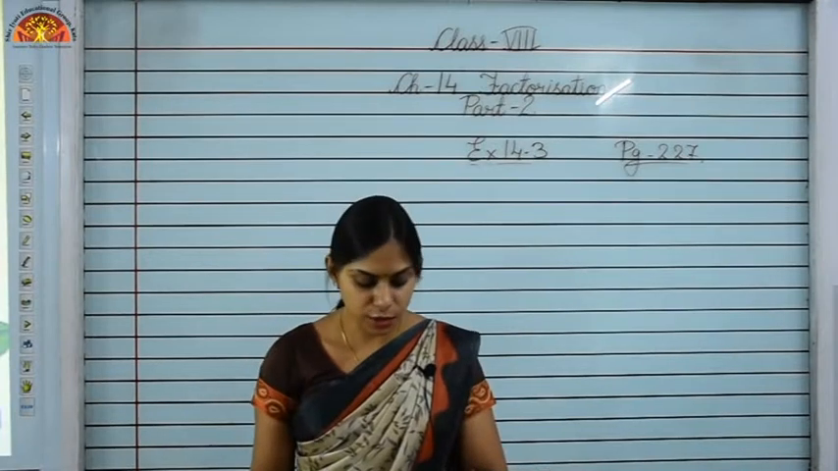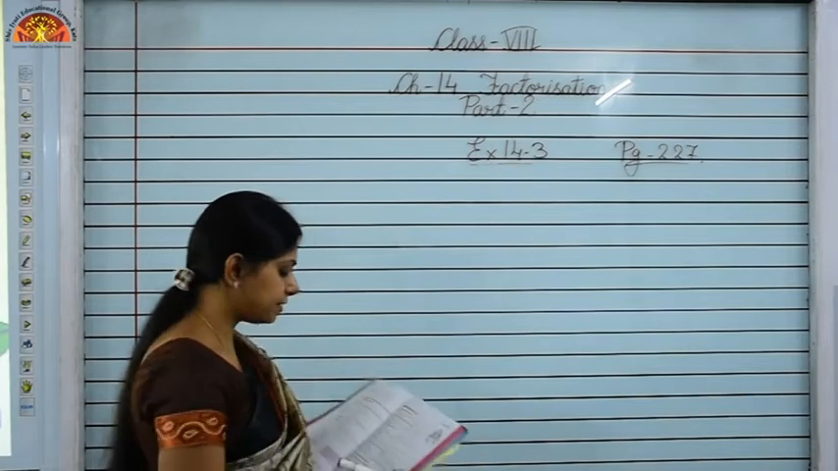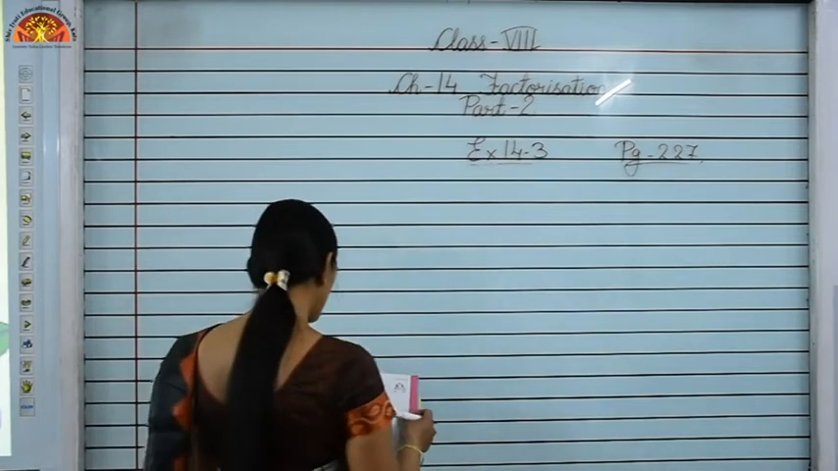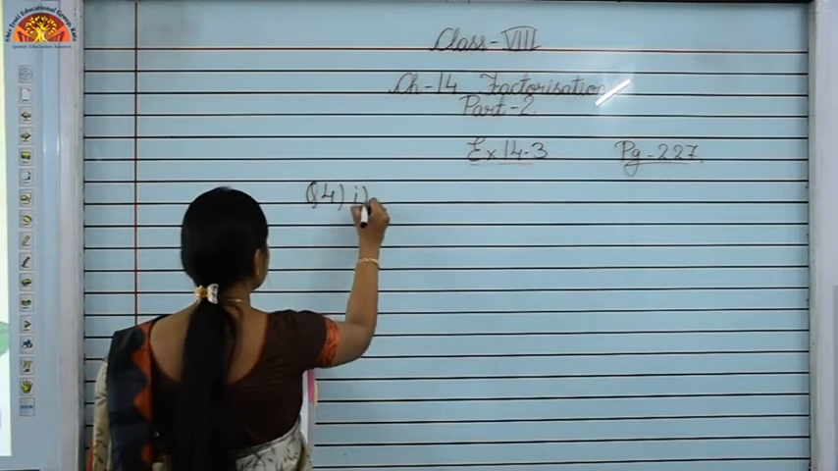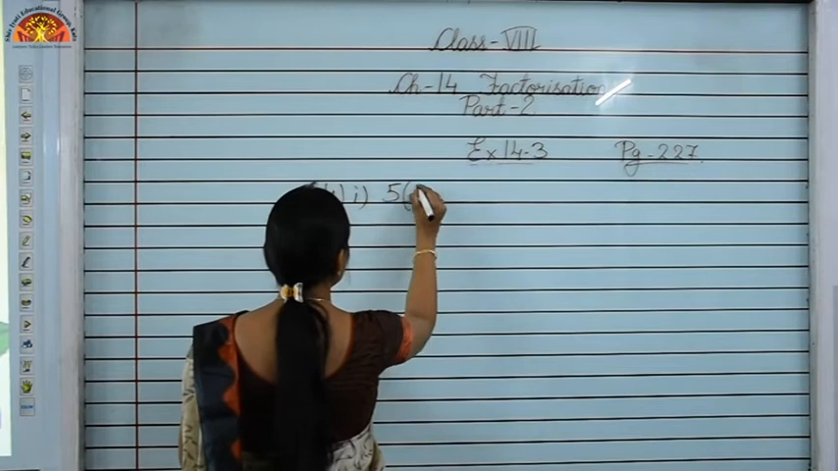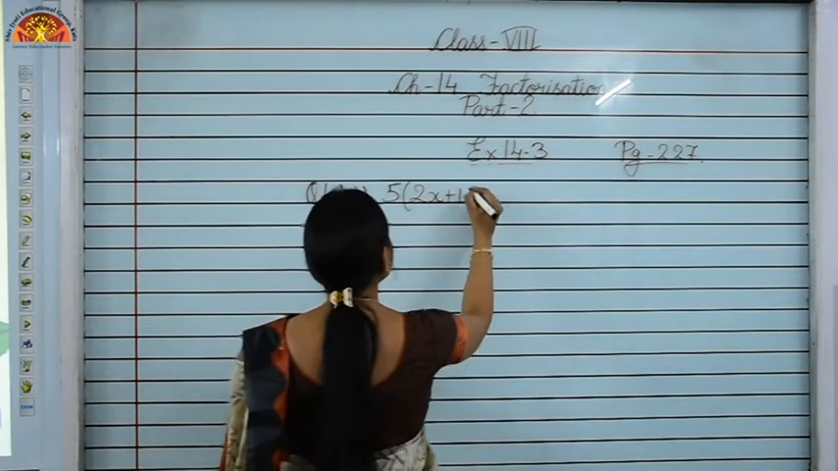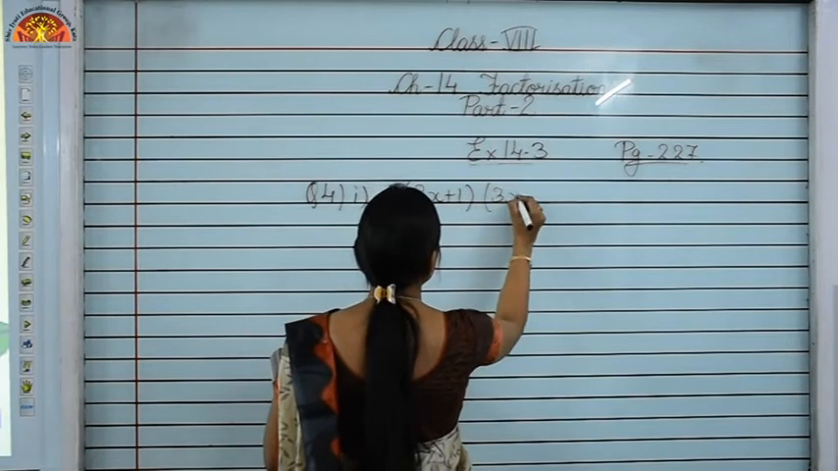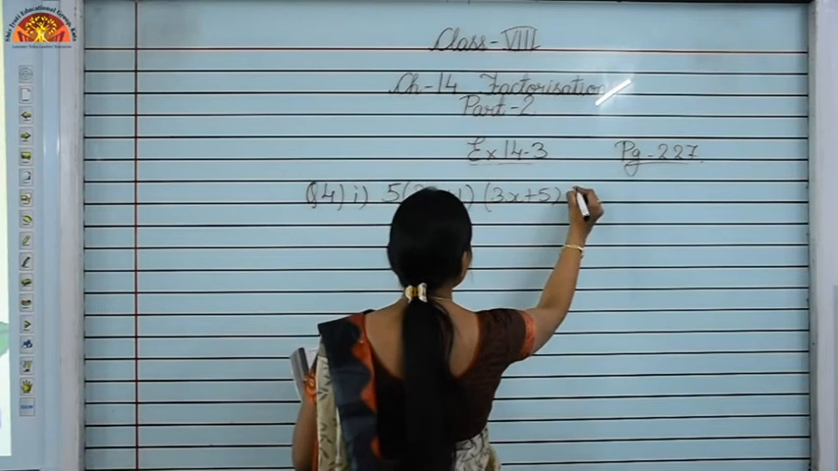So now children, start with question number 4. Just see, divide as directed. Question number 4, first part. It is given 5 into (2x plus 1) into (3x plus 5) whole divided by